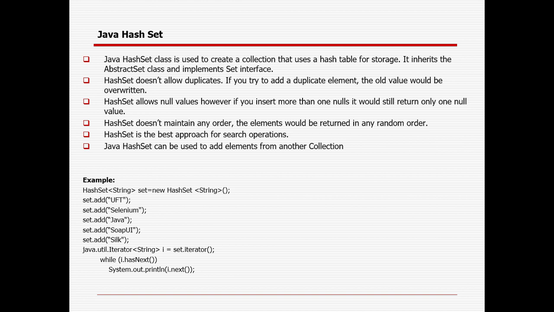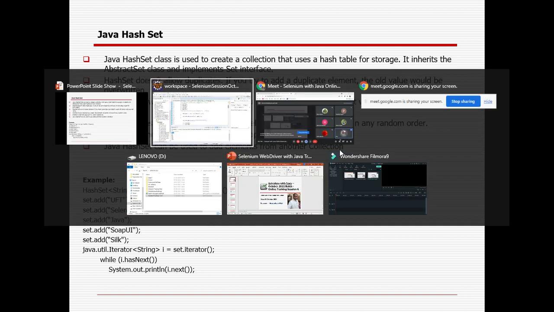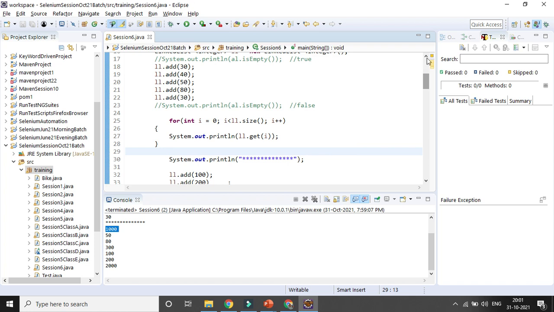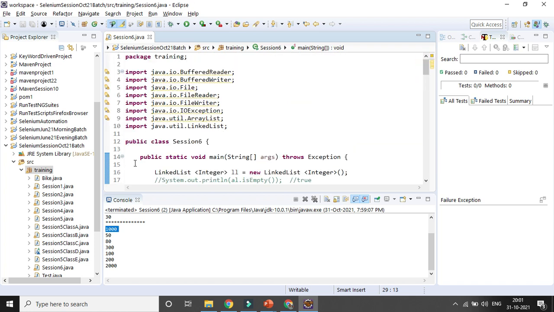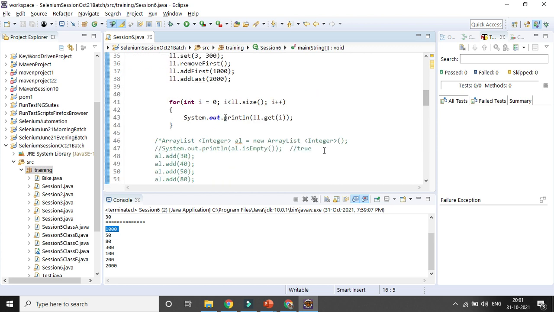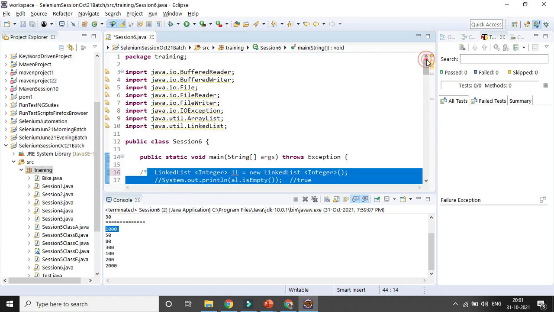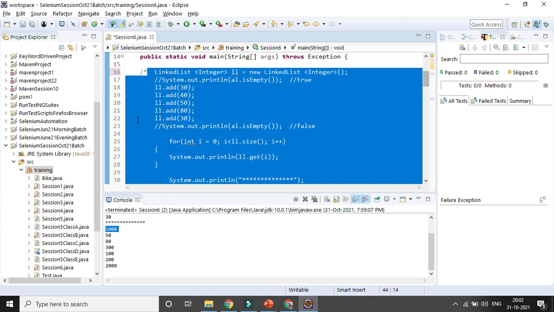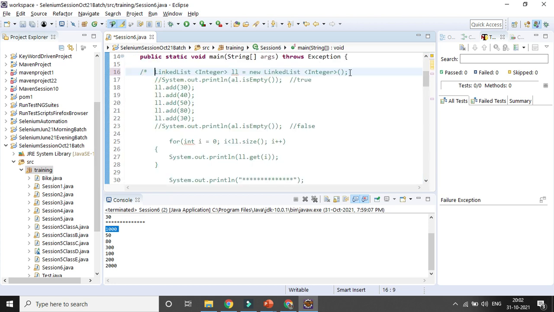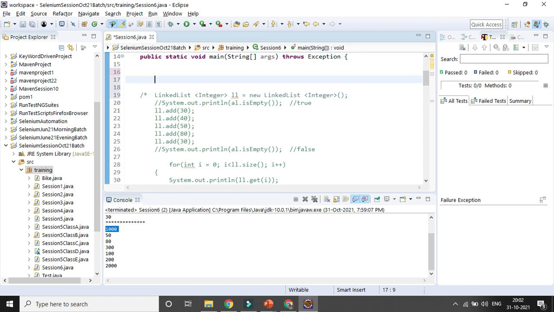So let's comment this out. Instead of integer, we will be using string here. You need to import it from the java.util package.